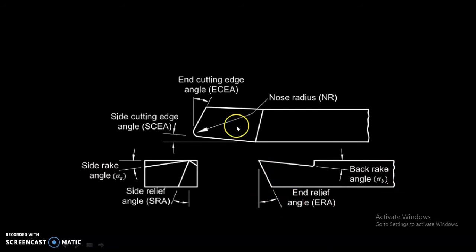And on the top view, you can see the nose radius and also the end cutting edge angle, the angle between the end cutting edge and the horizontal. Also the side cutting edge angle will be visible in this view. So these are regarding the nomenclatures. This you can visualize in the lab, which will be demonstrated by our Preman sir. You can now go on to that.